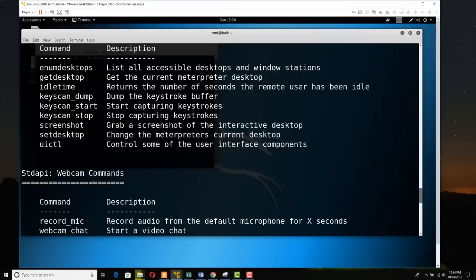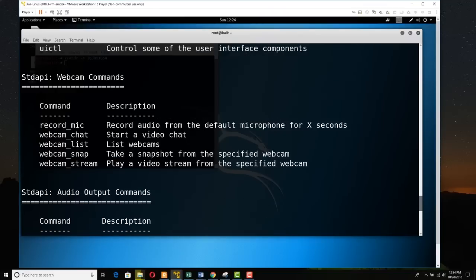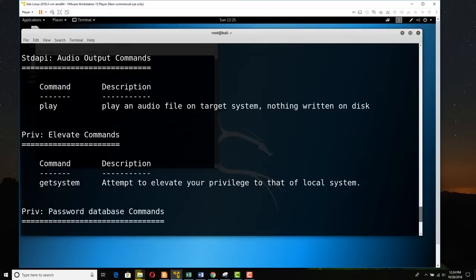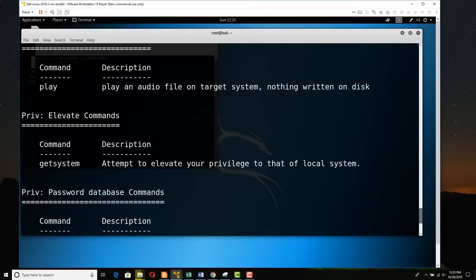We can start doing key scanning. We can start capturing keystrokes and grab screenshots of the desktop that they're on. Start recording their microphone, their webcam. Take pictures, stream their webcam, and watch it in real time. Play an audio file on their target system, and that would freak them out, especially if we uploaded a scary audio file. We could try to elevate our privilege level, and I talked earlier about